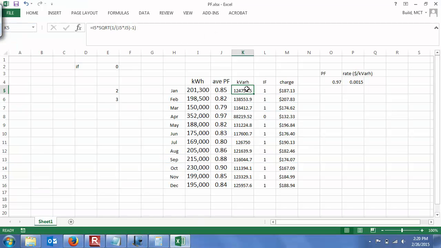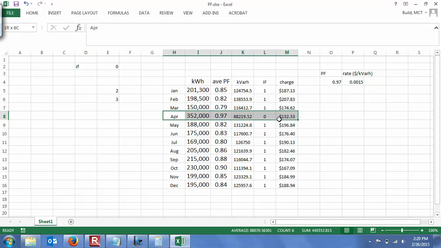Nevertheless, we were able to use our algebraic skills to dig out what the kVARh is. We used our IF statement skills to determine whether or not we have to pay, and we do have to. The only month we didn't have to pay is when we had that abnormally high power factor, and we figured out what the rate was. Now, the rest of the problem,